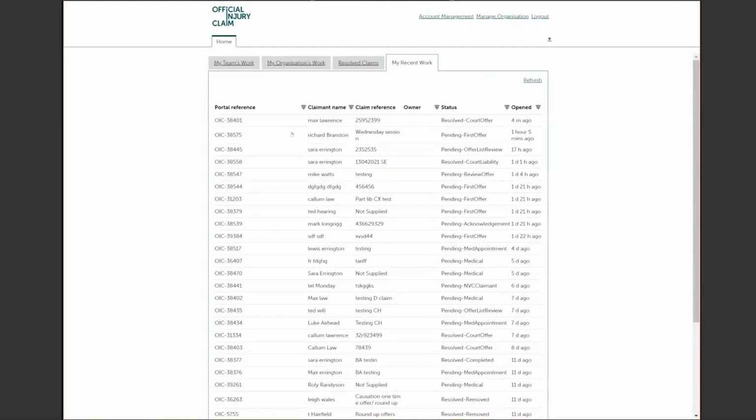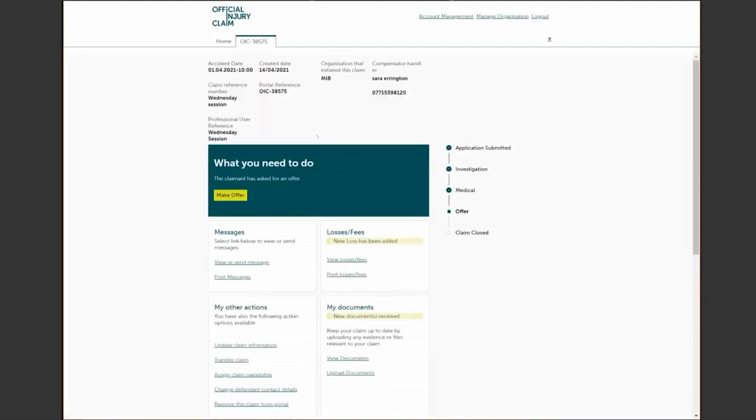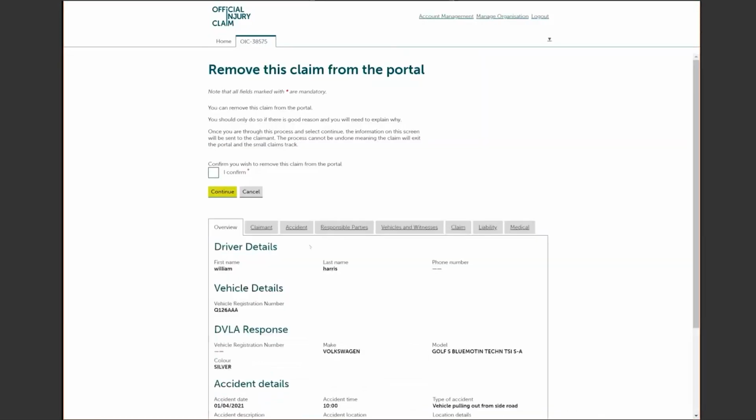Now I'm going to talk you through the exit points. So I'm currently logged in as a compensator, and under the compensator's other actions, they'll have a remove this claim from the portal option. Upon selecting that,